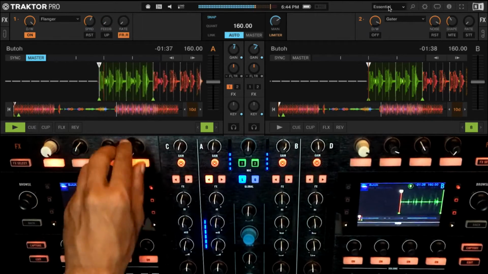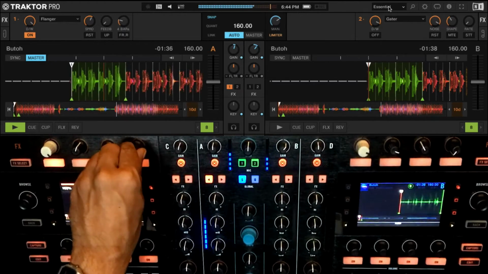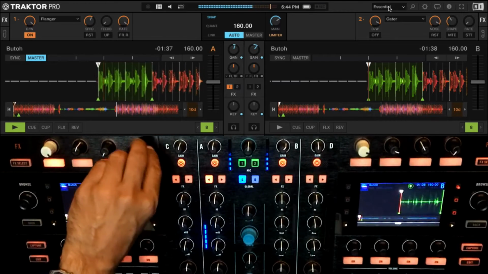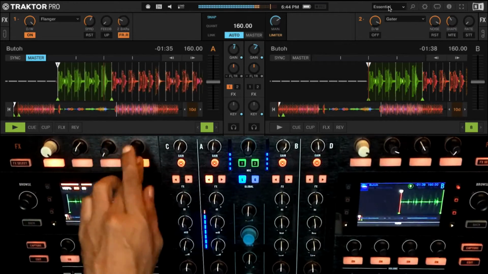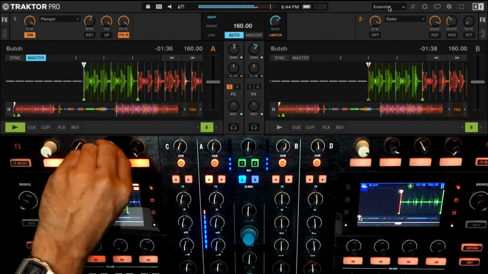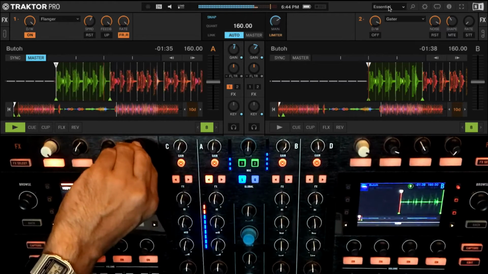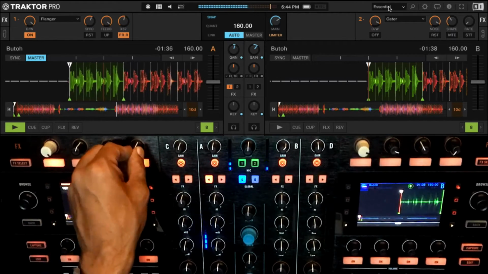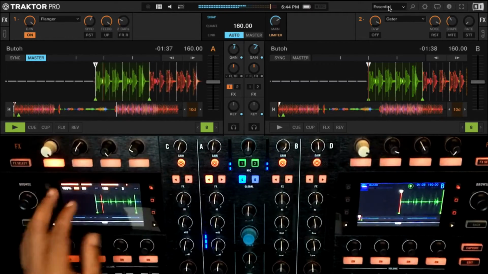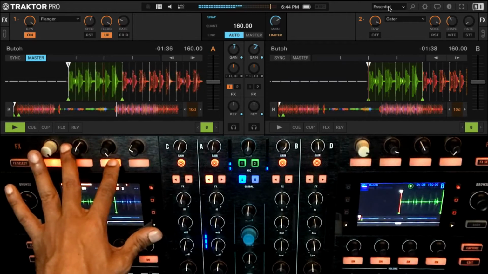Then the next thing you can do is go to a free rate. Right now I'm in a synced rate, 16 bars. Let's make it 1/8. You're going to find it very fast. Or I can go to a free rate, which is in milliseconds. You can see the sound is getting really bubbly and wonky. I'll go back to my synced rate, and I can use feedback to add one more extra layer.